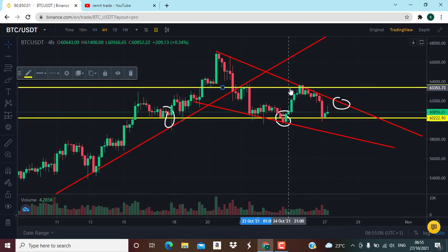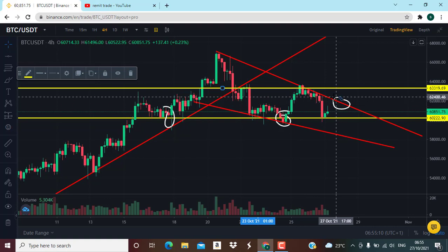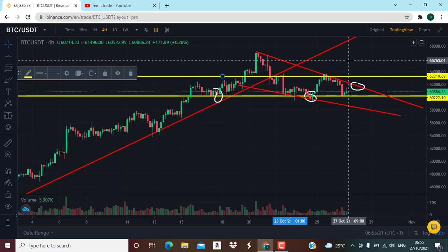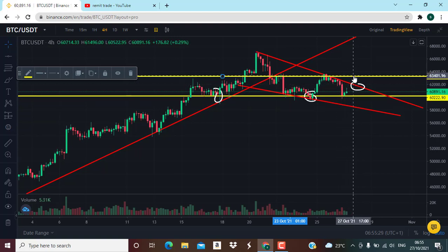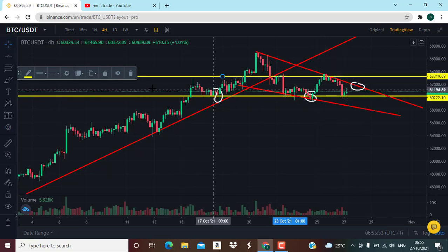There is a resistance right here as well. So I am looking for a market to break out of this very trend line and break this resistance. That will give us a nice shoot up in the price of Bitcoin in the next coming days. So what I am expecting from this very level is the market should go up, and then it should break this very particular resistance line, break this other resistance as well, and then market should go right up from this